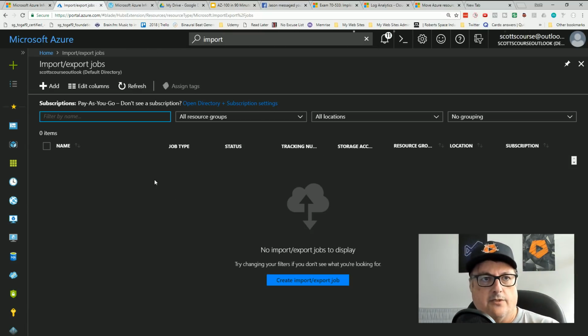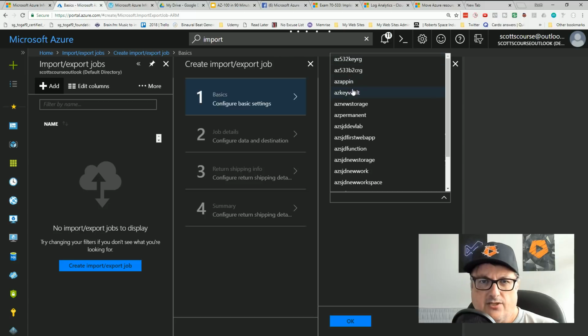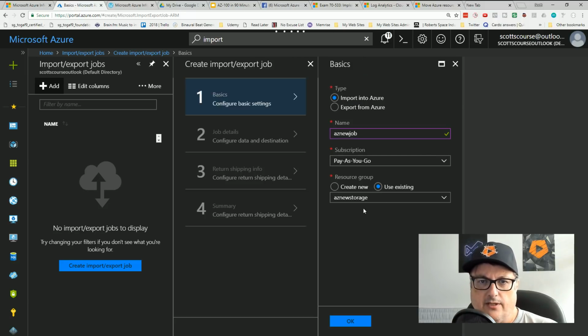Import export jobs. All right, import into Azure. It's SG. Use an existing, so put it into the storage account user group.